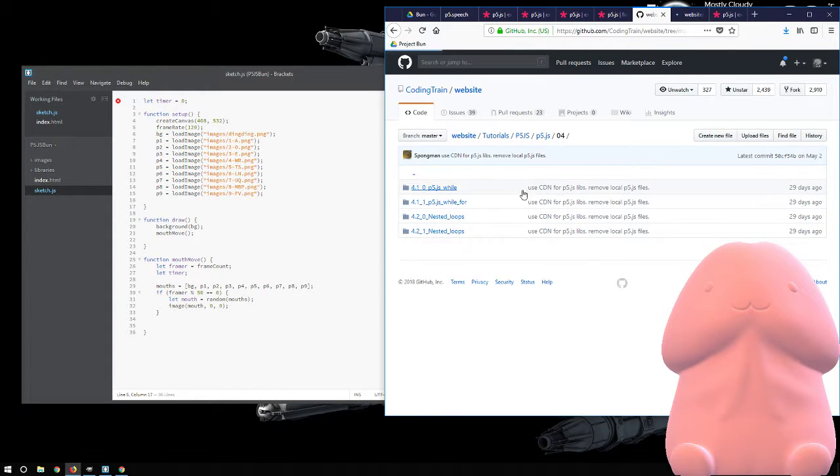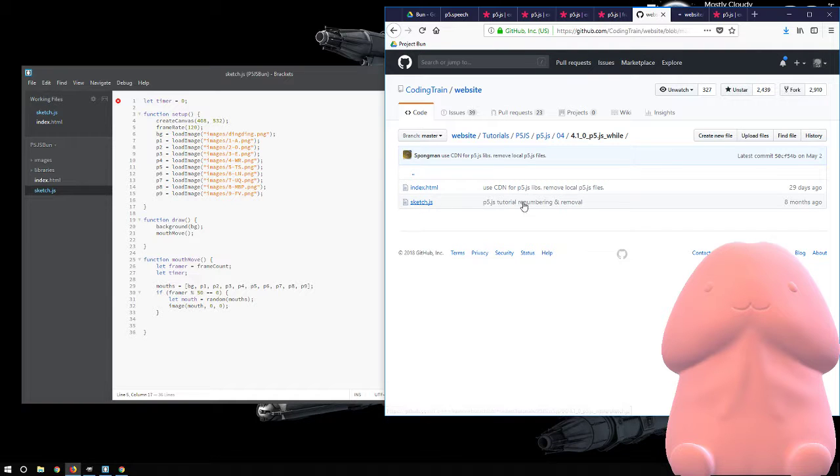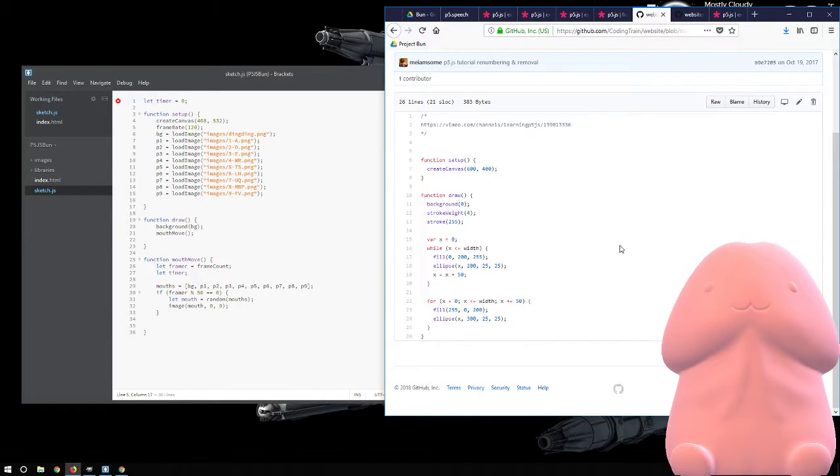Maybe that one, probably this one. Let's look at a for loop. No, that's not while. So while a thing is happening,